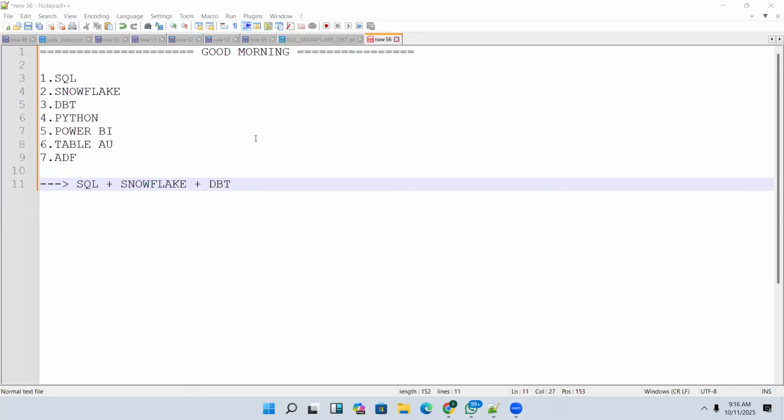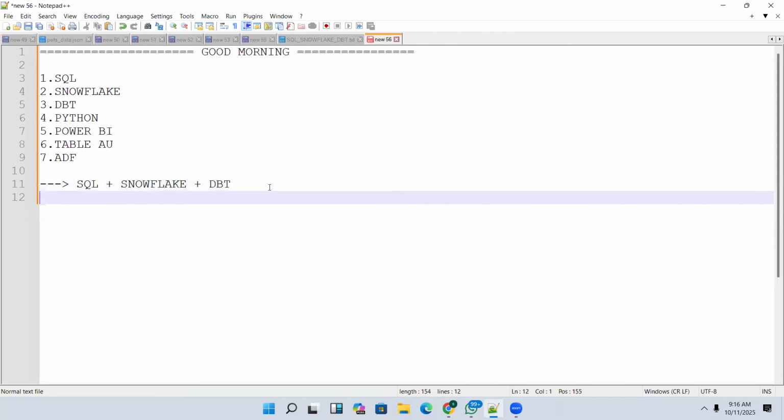We'll do one thing. We'll assume that at least a few members don't know SQL, what is data, or what a database management system is. So for the first 10 to 15 minutes we will discuss the basics, then we will enter into Snowflake, DBT, and everything. Even if some people know the basics, what is SQL, what is a database, we'll take 10 minutes to revise these things, and then enter the flow.